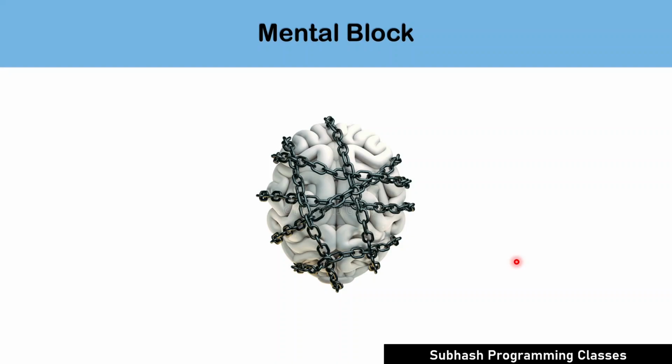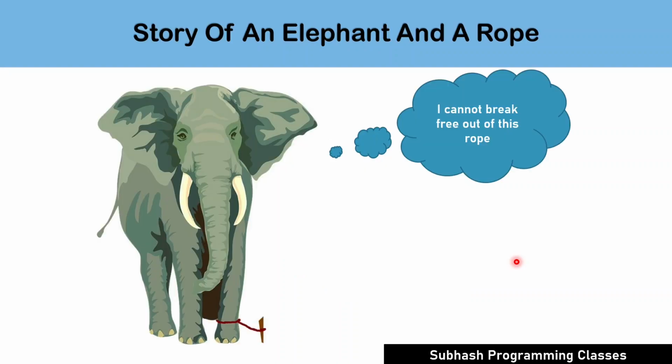In the next slide, I'm going to narrate a very nice story that will make you realize how mental blocks can fool us for life. This story is about an elephant and a rope. Probably, I think you would have heard about the story, but it is good to recall the story once again. This short story highlights the importance of believing that you can achieve whatever you want in life when you can break out from your mental block. It also gives us a moral that if we do not break out from our mental block, we remain slaves to it throughout our life.